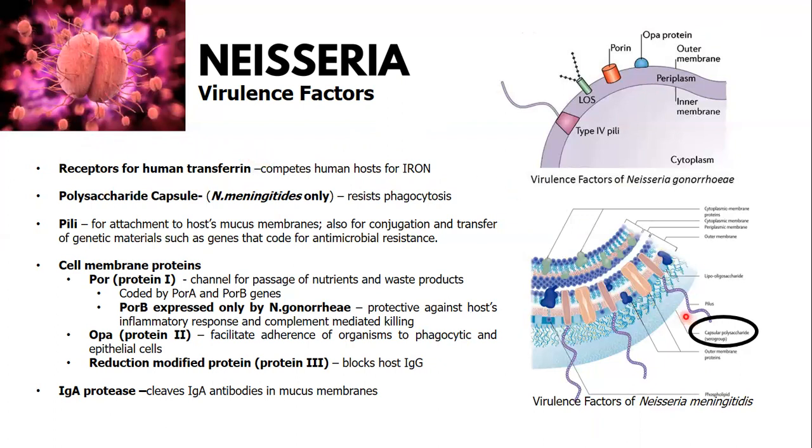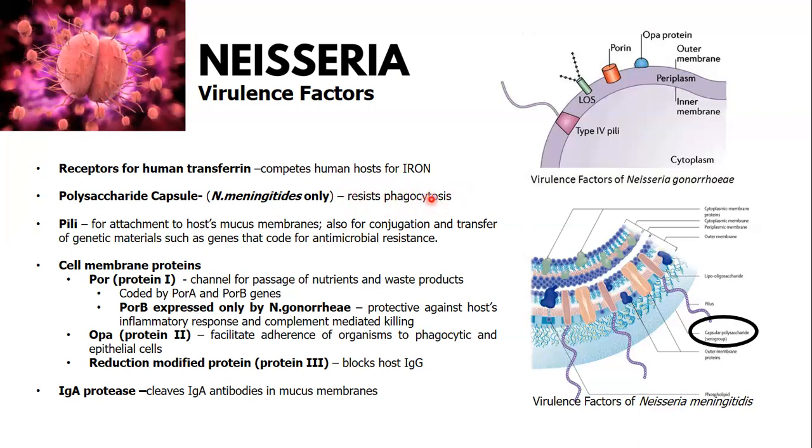Neisseria meningitidis is unique because it is the only pathogenic Neisseria that possesses a polysaccharide capsule. If you look at this illustration here, the cell wall of Neisseria meningitidis has an extra layer of polysaccharide, which makes up its polysaccharide capsule. And as a virulence factor, it enables Neisseria meningitidis to resist phagocytosis, and therefore they can evade the killing